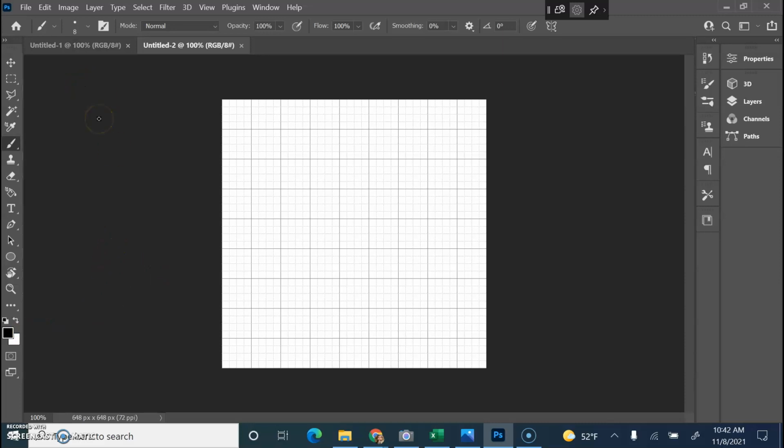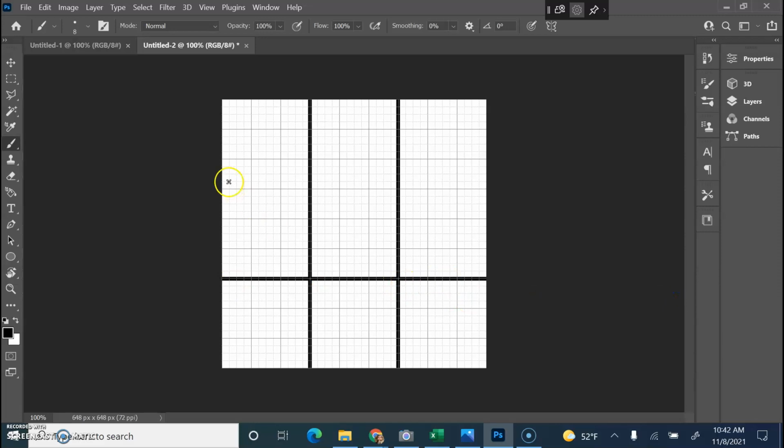Alright, now hit B for brush. I'm going to go with 8 pixels for the size of my brush and make sure that it's black. I'm going to go 1, 2, 3 sections over. I'm going to click, hold down Shift, drag down. I'm going to go 3 more over, click, hold down Shift, drag down, 3 up, click, hold down Shift, drag over, and 3 more up, click, hold down Shift, drag over to grid